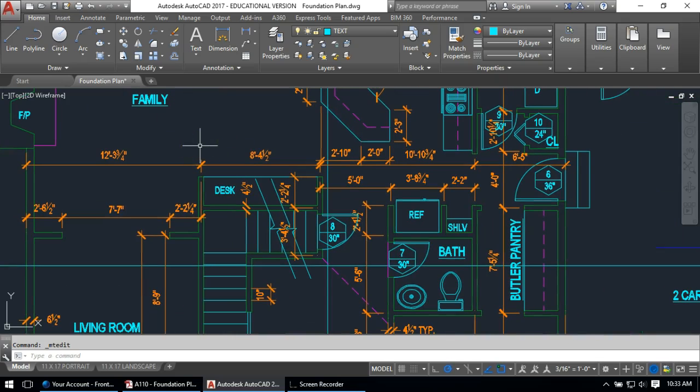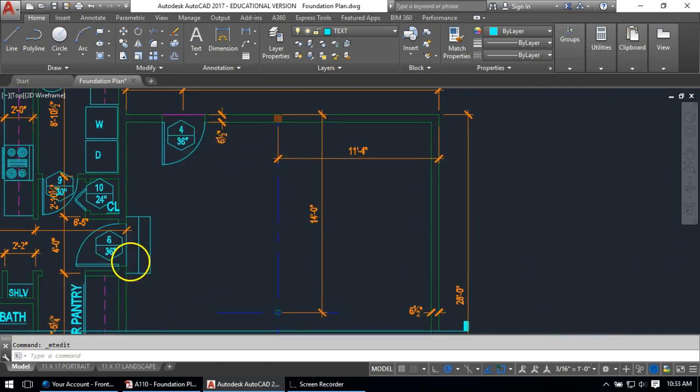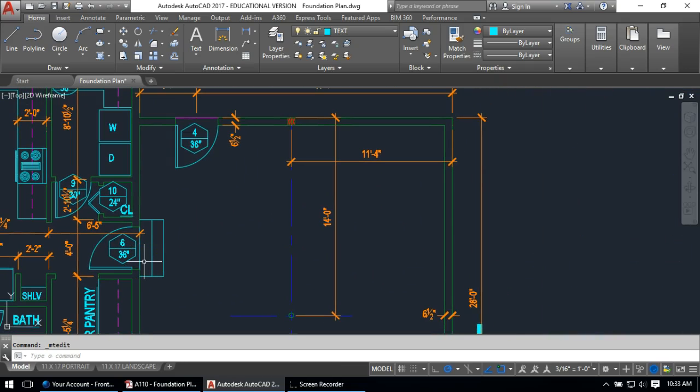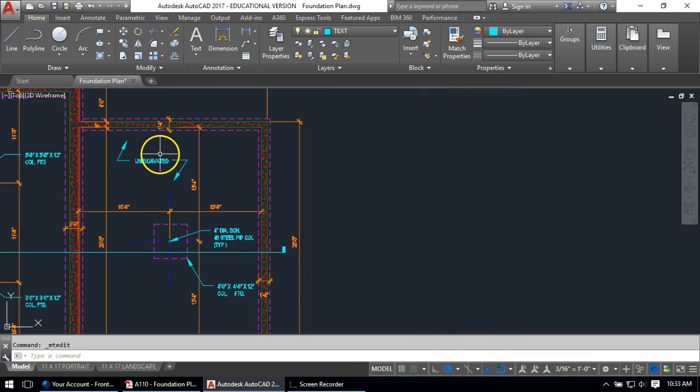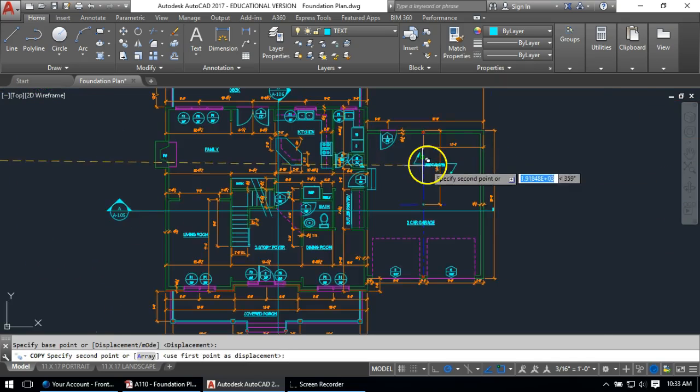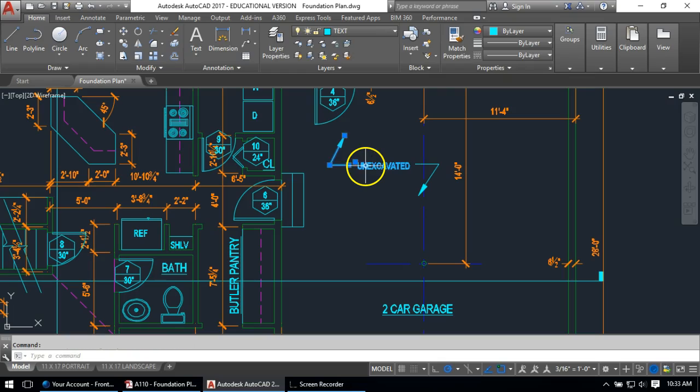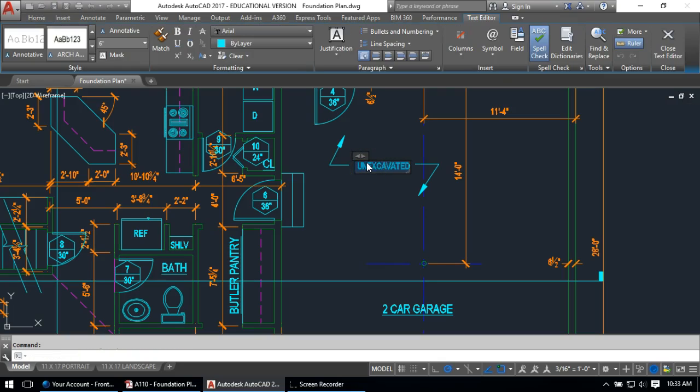Alright. You'll notice we got a couple notes on the page as well that have arrows of different kinds and different styles. And there's different ways of doing these. I'm not exactly sure how they did them, but if we start with the 4.0 concrete slab, that was probably done. I'll just do it the same way I did. Actually, I think I even have, well, I have unexcavated, but it's the same sort of symbol, right? So I might even just copy this whole symbol over from my basement and put it in here, and then I can just double click on the text to say 4-inch concrete